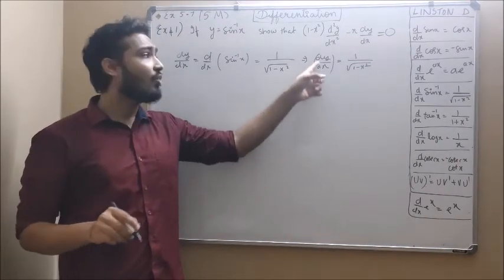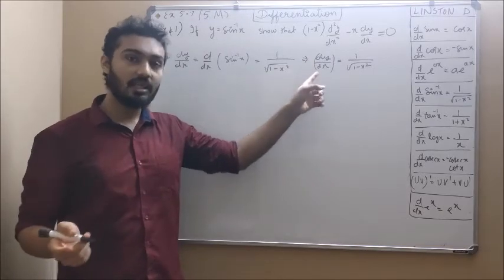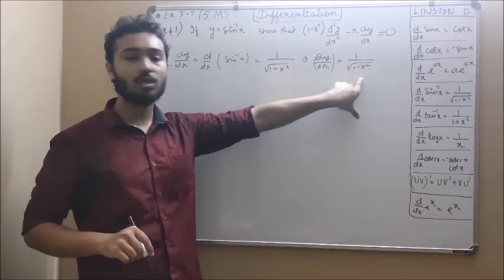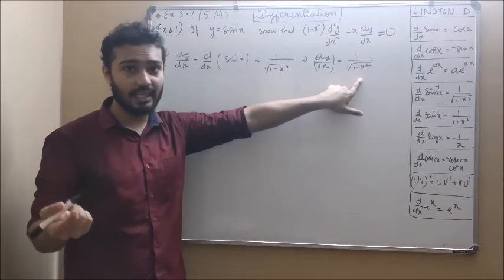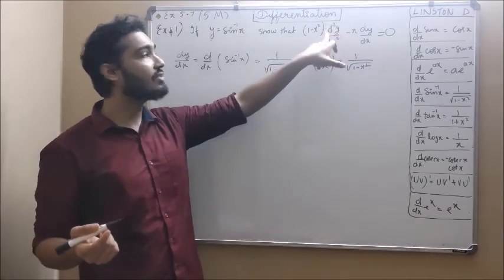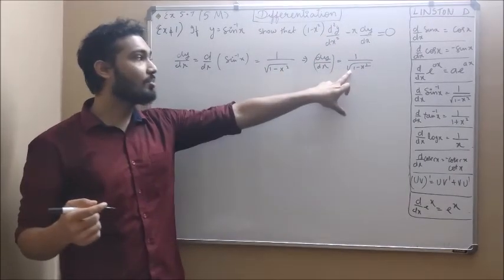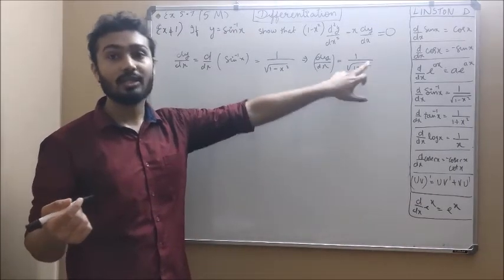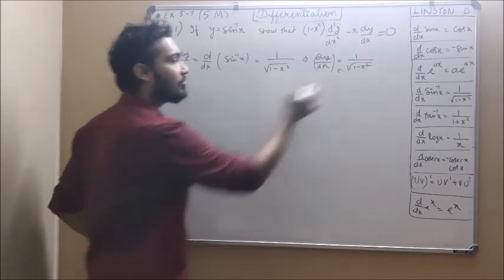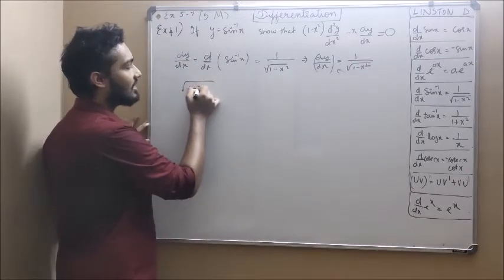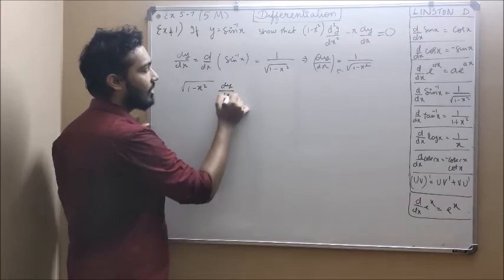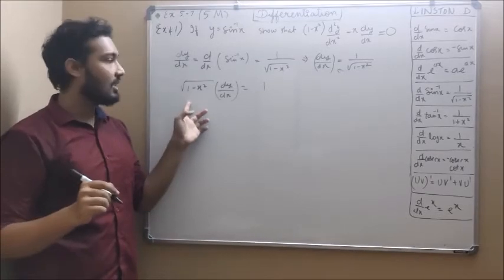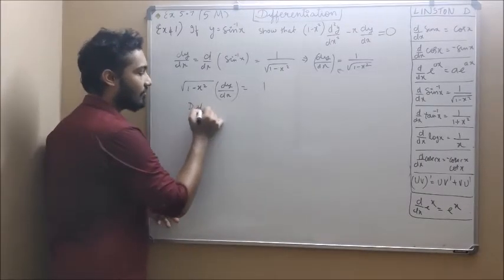Now remember always, when you solve this type of sums, it is better to have everything in the product form rather than the quotient. Now this is 1 by root of 1 minus x square. Suppose we are differentiating again, dy by dx, to get d square y by dx square, we have to differentiate. So it is imperative to have this in the product form, not in the quotient form. So what we will do, we will multiply to this side. So root of 1 minus x square dy by dx equal to 1. Take this to the other side, you get this. Now we will differentiate with respect to x.